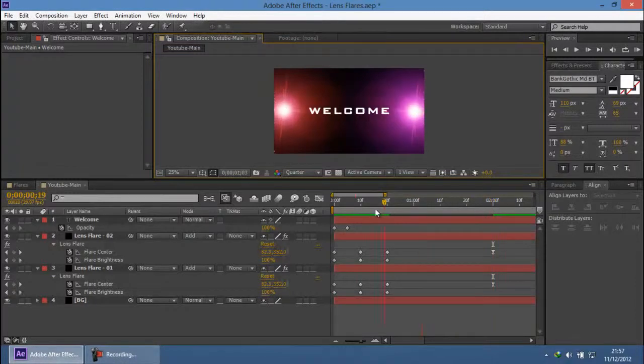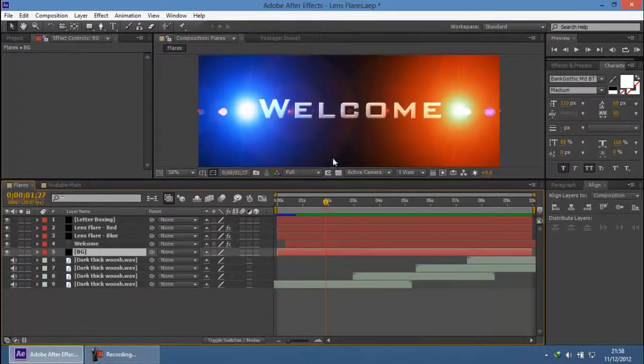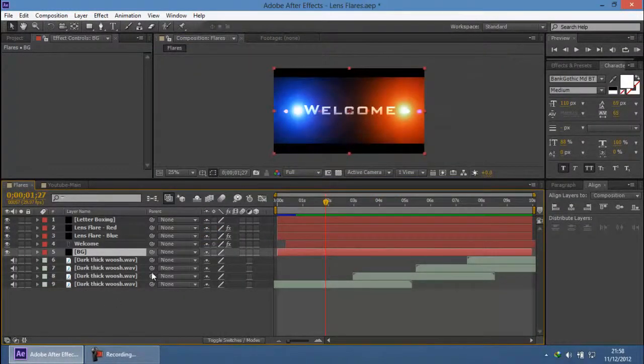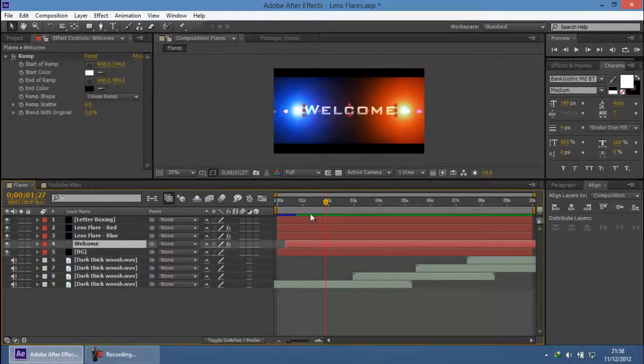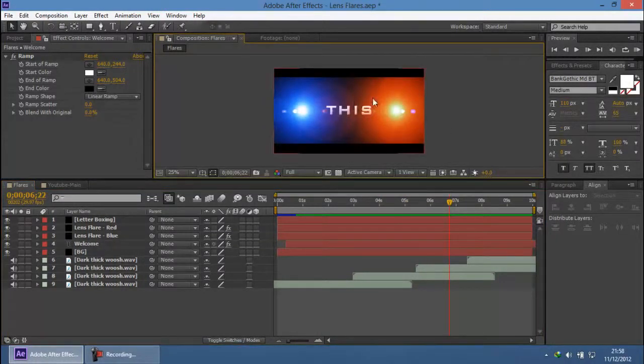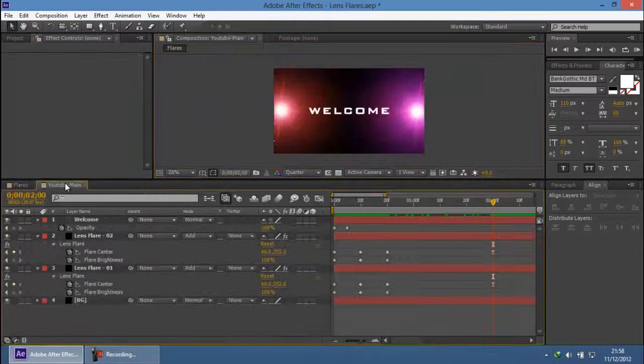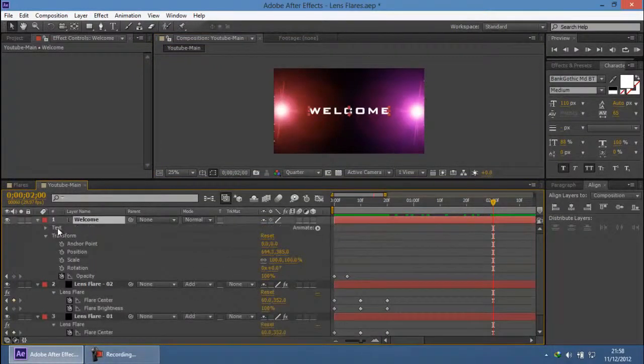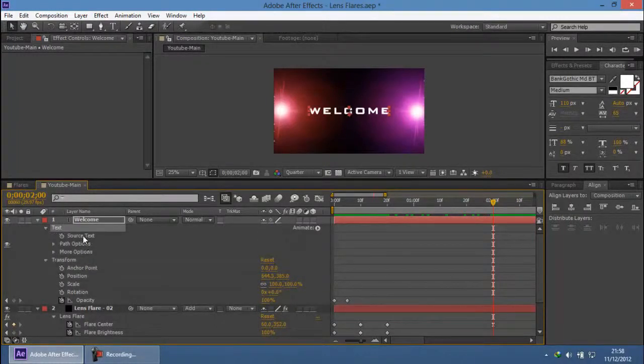Okay, so we have the animation right now, and one little thing that you may be wondering if you have seen this animation is that I have only one text layer. You can see this. The animation keeps changing, but I have only one text layer. Actually, how did I get this text to change like this? The trick is go to the text layer, go to this text panel, okay, and then start the animation